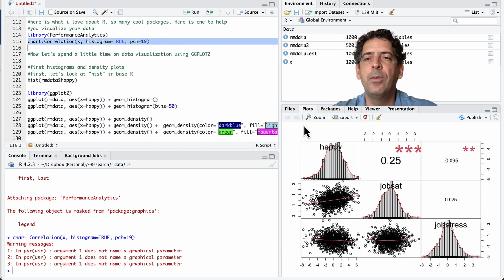Okay, and you'll notice that now all of a sudden the plots have come up. Now we're going to be focusing a lot on plots, and that's why my face is no longer where it has been on the others, because now we're going to focus on this quadrant. You can see that this particular function in this package will show us the distributions of the variables on the diagonal. And then it will show us scatter plots, and then you'll see these regression lines,